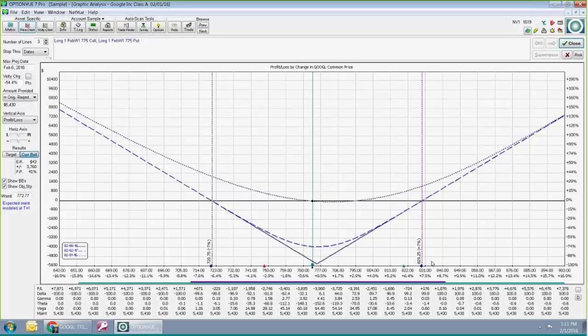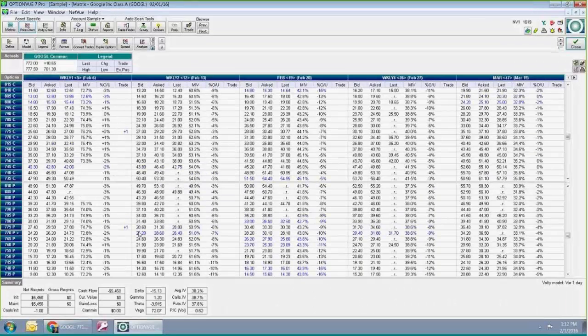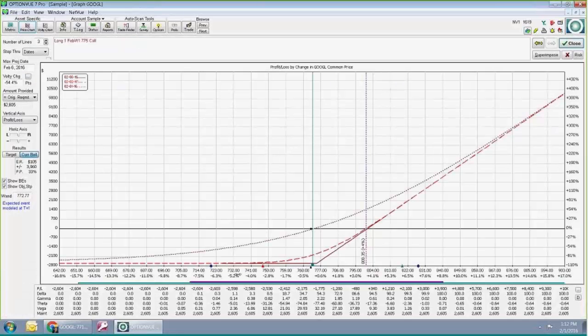Now, one neat thing is even if I'm not looking at a straddle, you'll see down here there's these blue diamonds. No matter what trade I'm going to do, maybe I just buy a call, those blue diamonds are still there. These blue diamonds are showing what the straddle is priced at. It's showing what the market makers, and the market as a whole, are expecting Google to move, what they're pricing it at. So that's how they're making their money. As long as it stays within those 2 diamonds, they're doing okay. They're not doing as well if it moves outside those 2 diamonds.